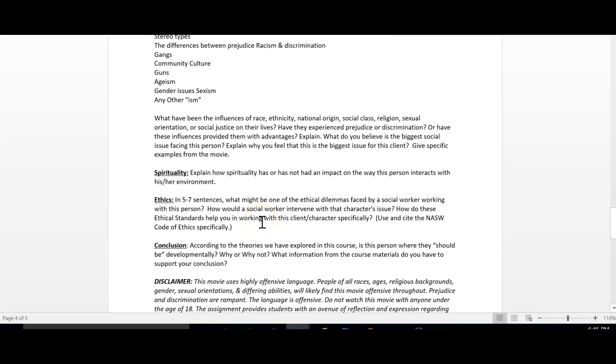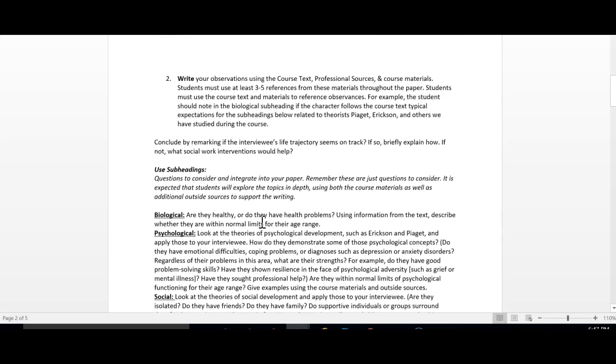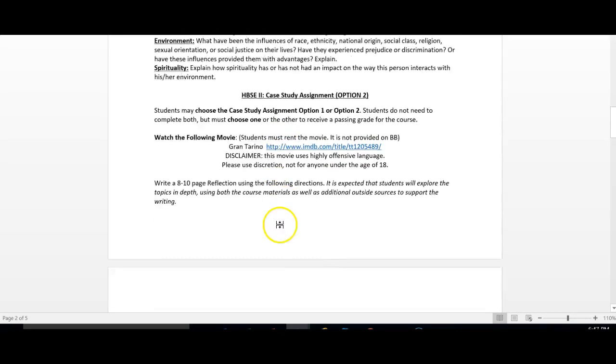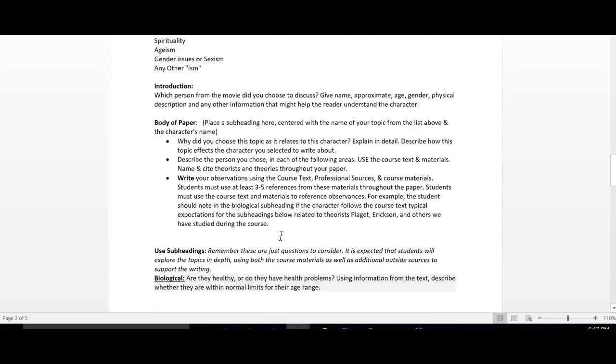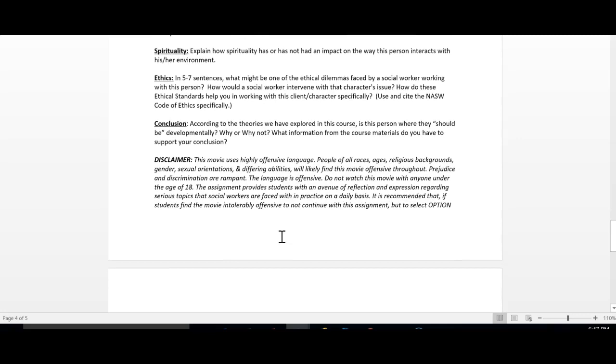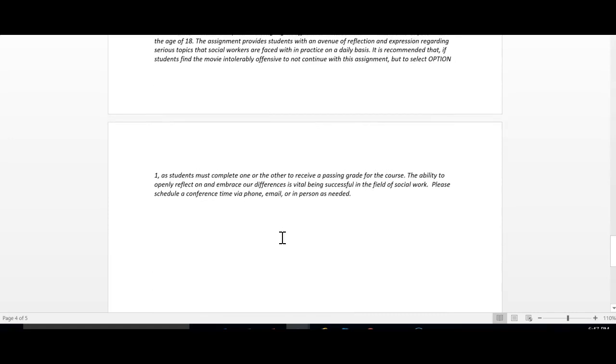I'm also going to ask that you do the ethical standards in this particular one. I'm going to also, I'll put that, is that here? I don't see that in this top one either. So we'll add ethics to the top one as well. So there'll be a revised version here when you see it, but this is where your guide will be. Here is also a disclaimer and a conclusion. So those are 2 parts